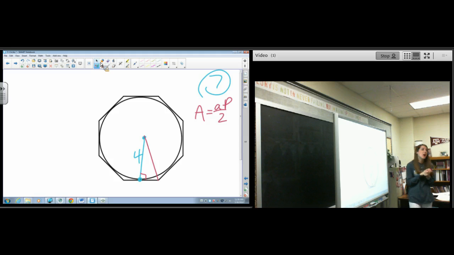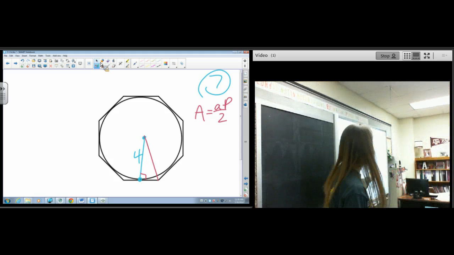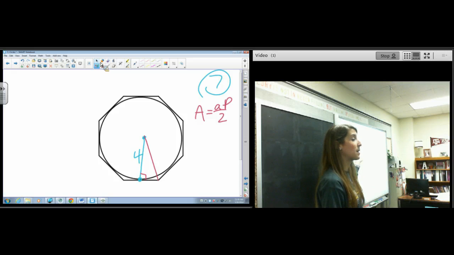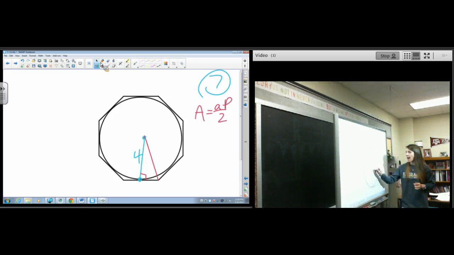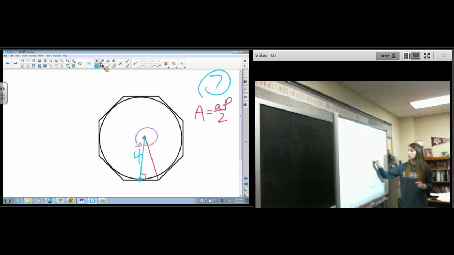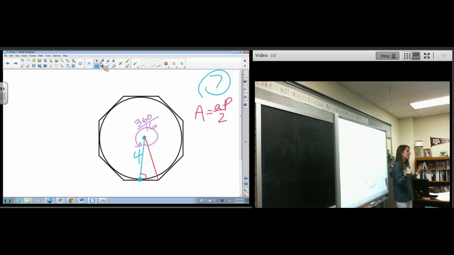Okay, so we talked about yesterday, there's 2 ways to find the missing angle. An octagon is not one of our special cases, so we have to find the missing angle. You were to choose which one you liked better, but I voiced that I like this one better. 360 divided by 16. Where did I get 16? 8 times 8 times 2. The number of triangles I would draw if I drew triangles all around it. So 360 divided by 16,